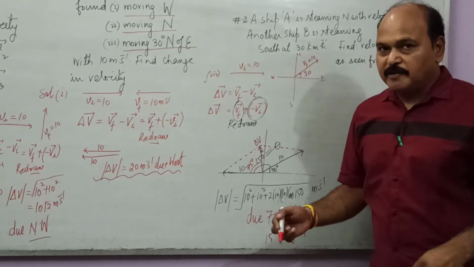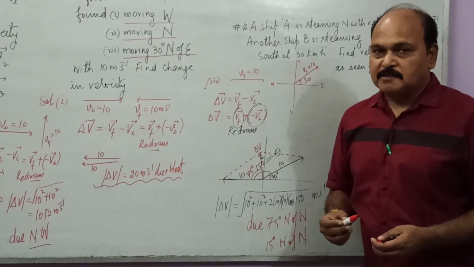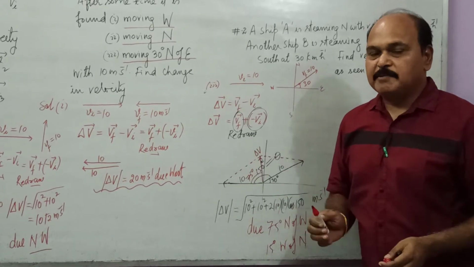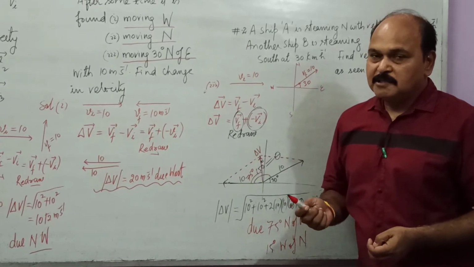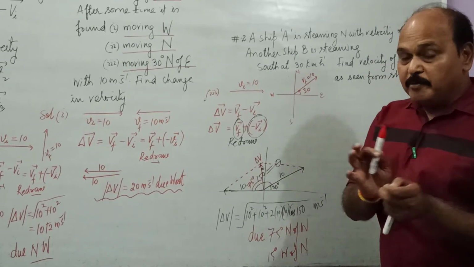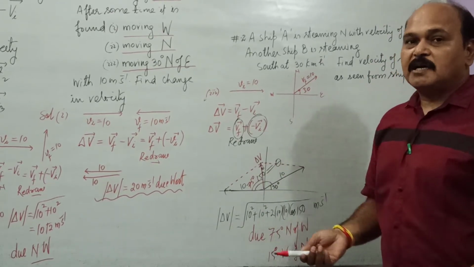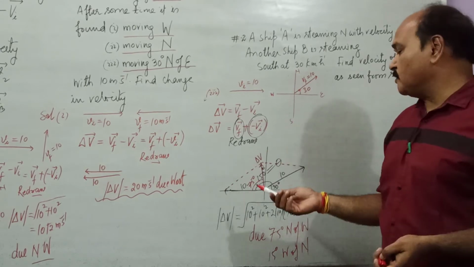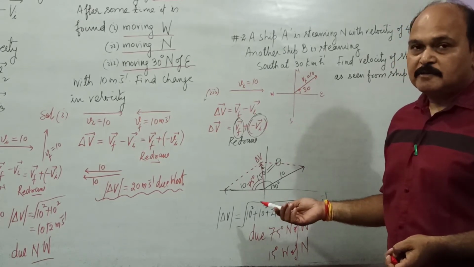So see children, how we are working out vector subtraction. This is exactly the same as vector sum. The only thing is we have to add a vector with the negative of the other, and to be able to know where they lie, what the angle between them is, we have to redraw the vectors as we have been doing.